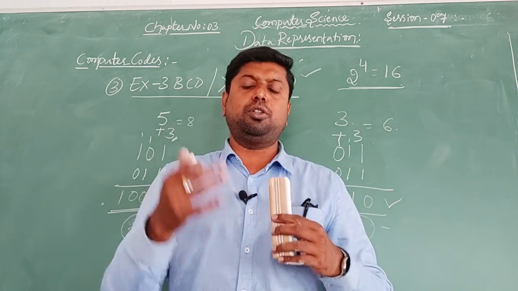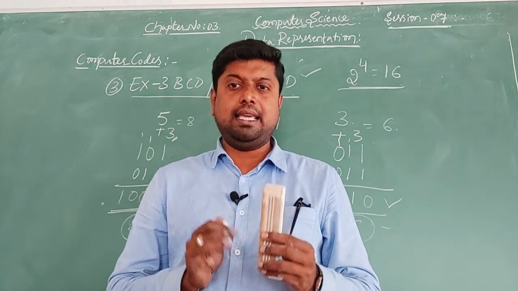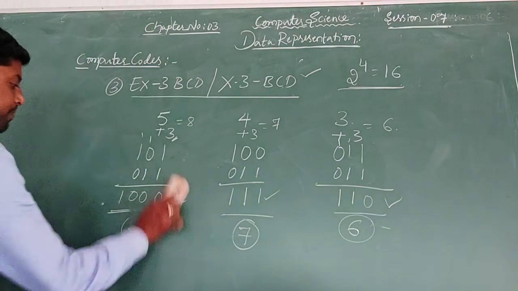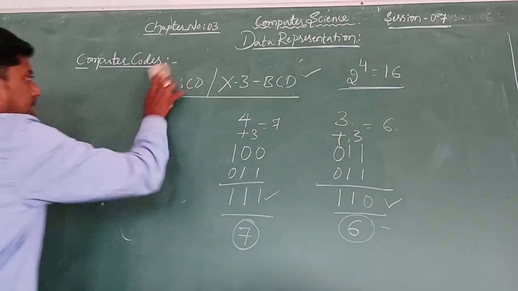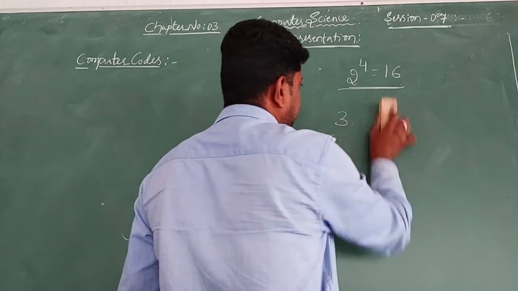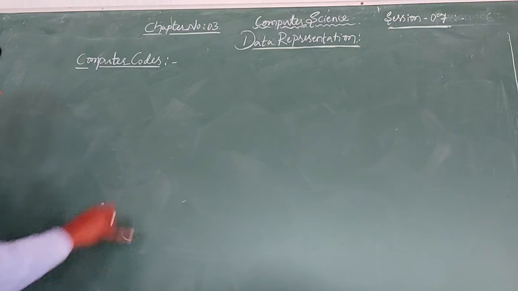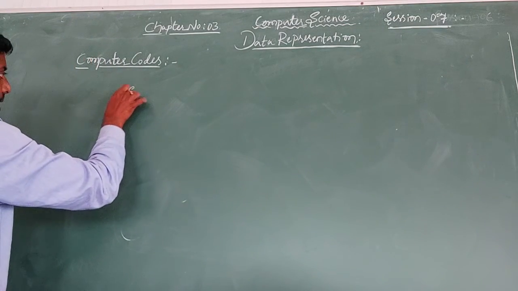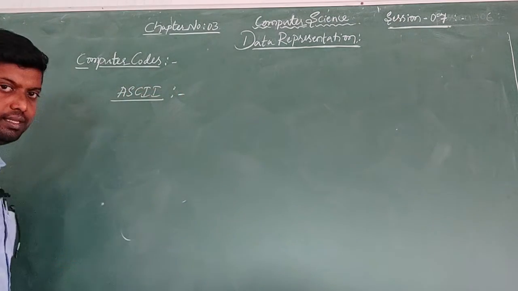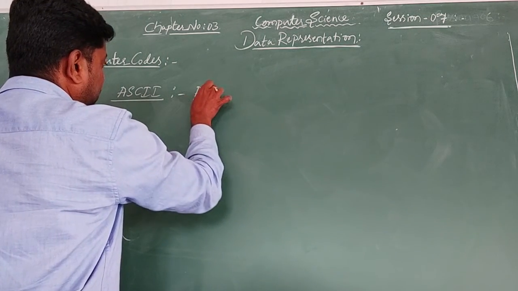But now we are going to the one more and last topic of this chapter, that is ASCII characters or ASCII codes. Let us start with that code. See, ASCII codes are similar to BCD, XBCD or EBCDIC, like that only these codes are there. But in ASCII, some special characters and symbols we are using. I will show with one example before going to that abbreviation.